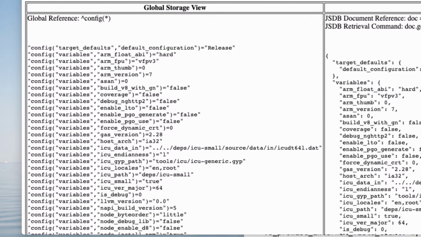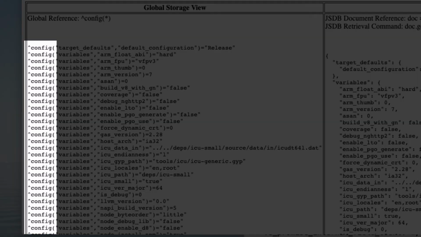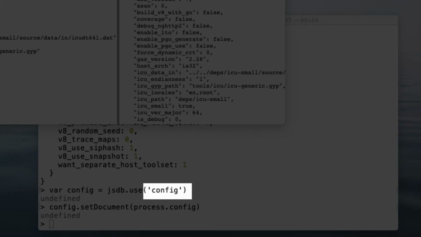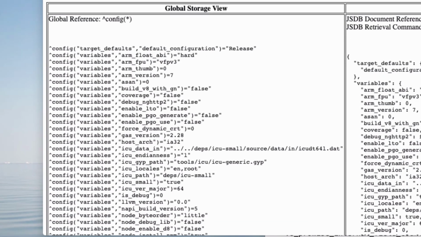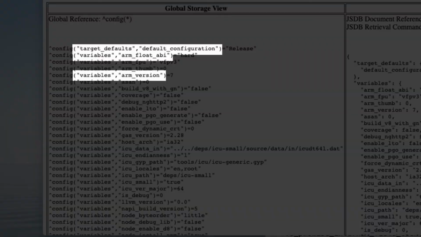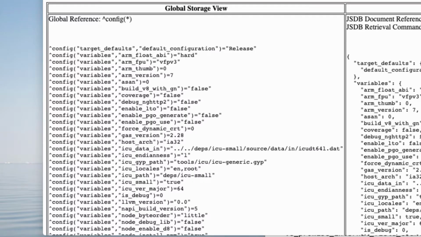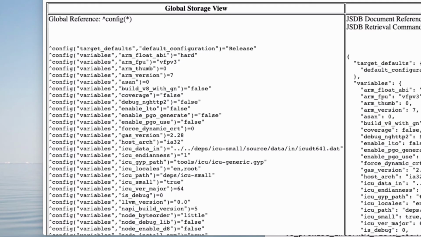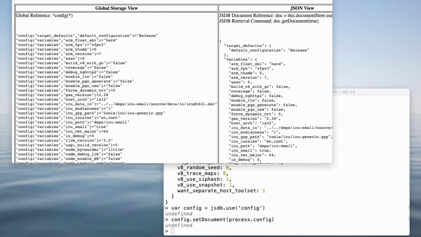Once again, I'll explain global storage in detail in another video, but in summary what you see is that it's storing the data in a persistent document named config. That was because it was the argument that we used in the JSDB use command. And each of the keys in the JSON document have been used as what are called subscripts in this global storage. And the value of each leaf node in the JSON document is mapped to the value of each global storage node. So if we look again at the process.config object that we used as the JSON source,